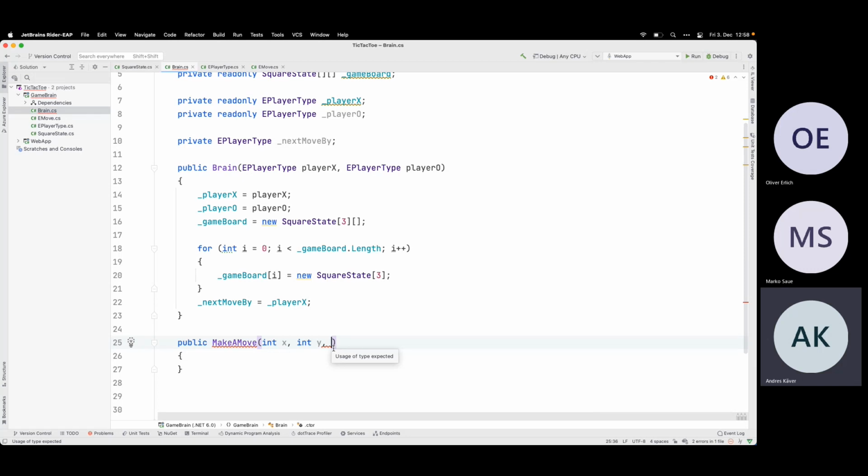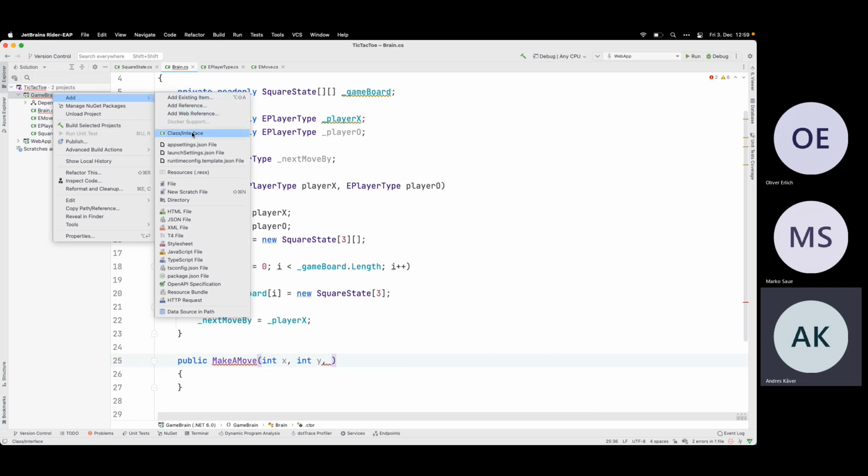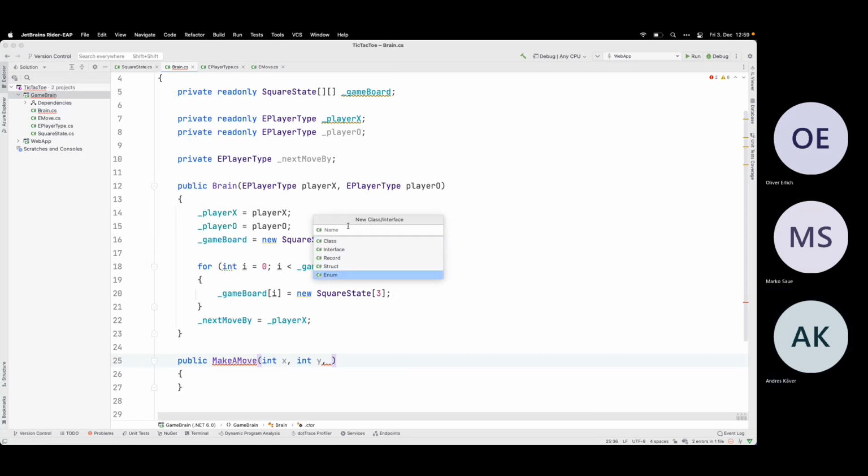There is a number. You can use the next move by. Yeah, but what's the public parameter here? I need a data type somehow, so I can use true, false, X, or okay, let's be more nice about it and let's make an enum.